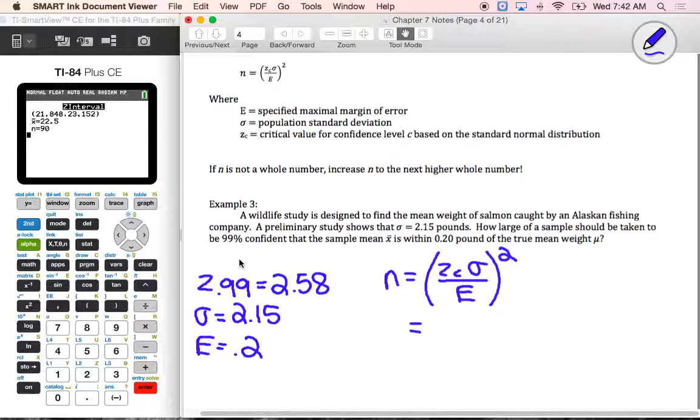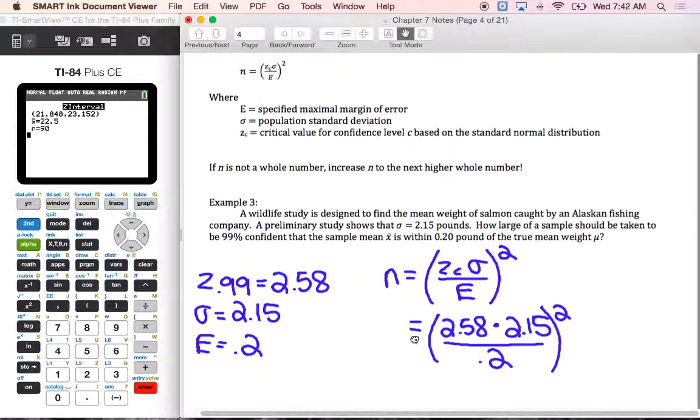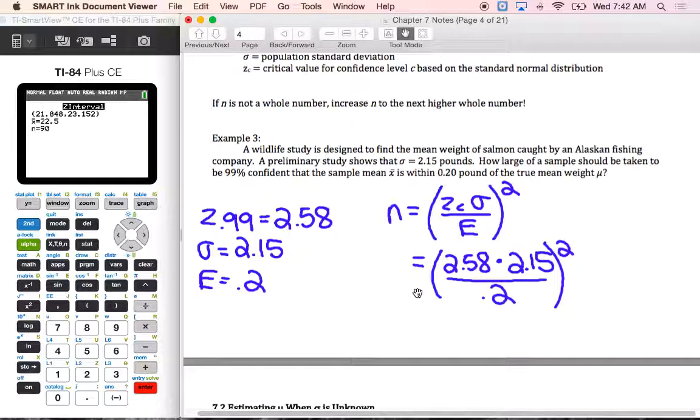Okay, so we have to then do 2.58 times 2.15 all over 0.2 squared. So you're going to type that into your calculator. Be careful as you're doing that. So when we go through it, we get about